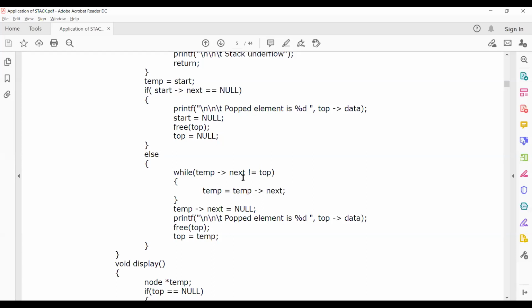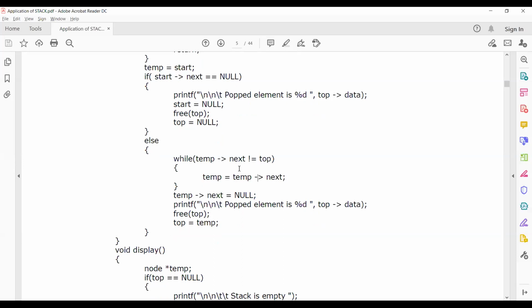Okay, or what is the different case they are using? Temp next not equal. Here they are using, if I find top value, top equal to top. Okay, so this is a different case. What we are doing first, we'll go from the design part to the drawing part. Let me show you what this while temp next is. I'll show here.